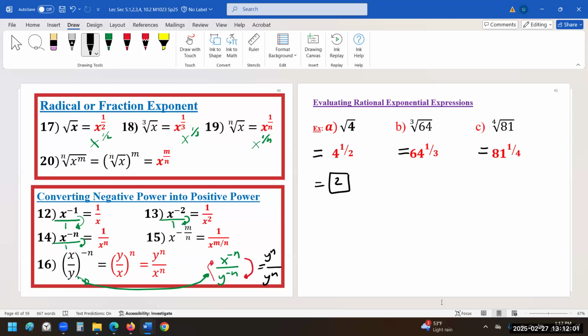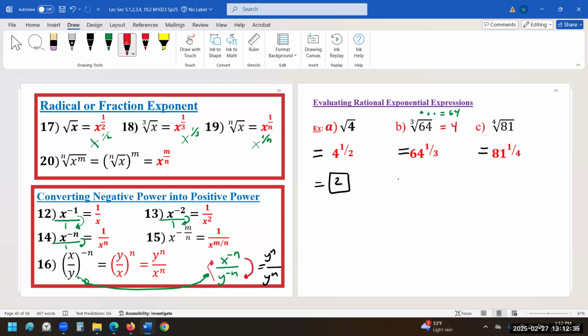So cube root means basically they are asking to find a number that, when you multiply the same number 3 times, the result is 64. This is what they are asking. A number multiplying 3 times gives us 64. What is that number? 4. So you can directly write the answer is 4, because you already know cube root of 64 is 4.